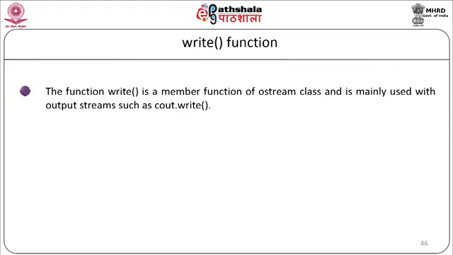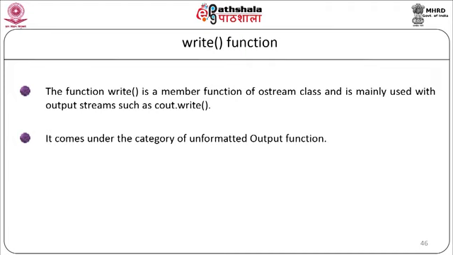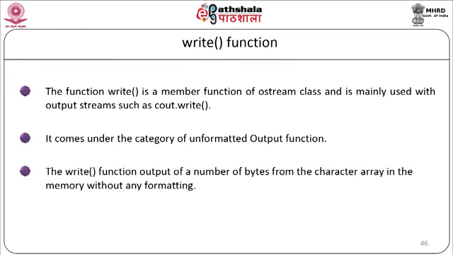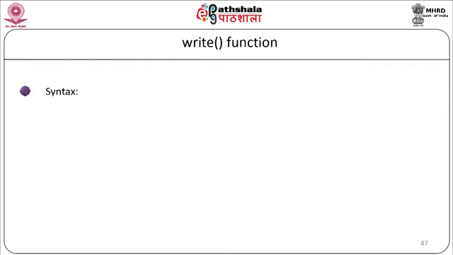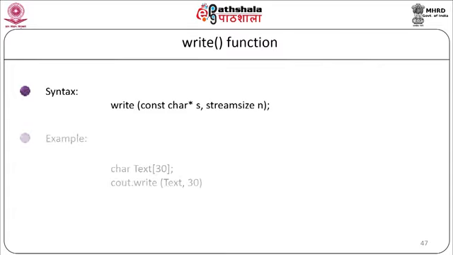The function write is a member function of OStream class and is mainly used with output streams such as cout.write. It comes under the category of unformatted output functions. The write function outputs a number of bytes from the character array in memory without any formatting. The syntax is write(const char *s, streamsize n); Example is char text[30]; cout.write(text, 30);